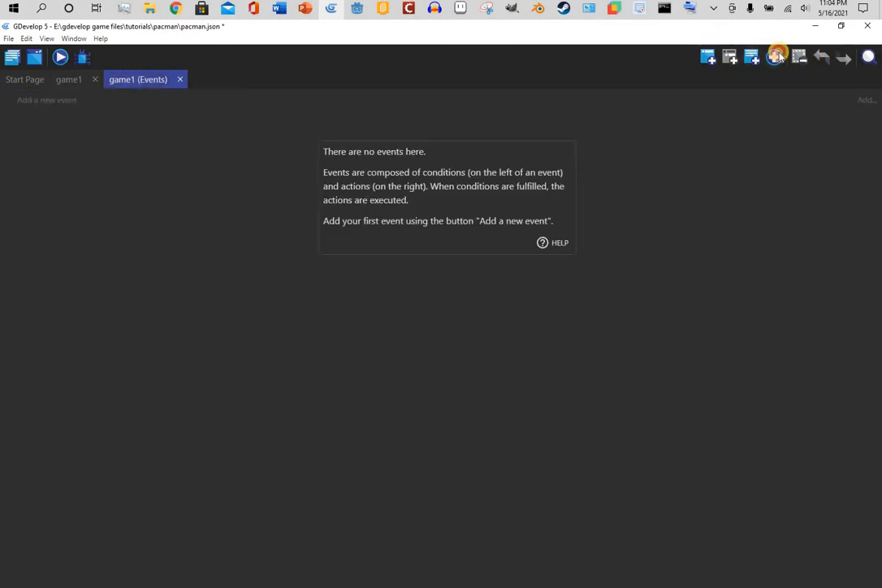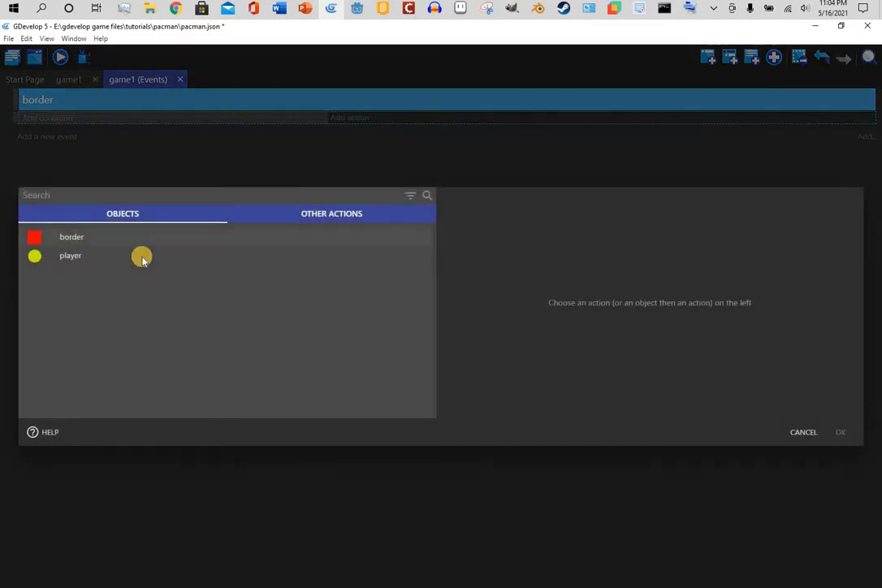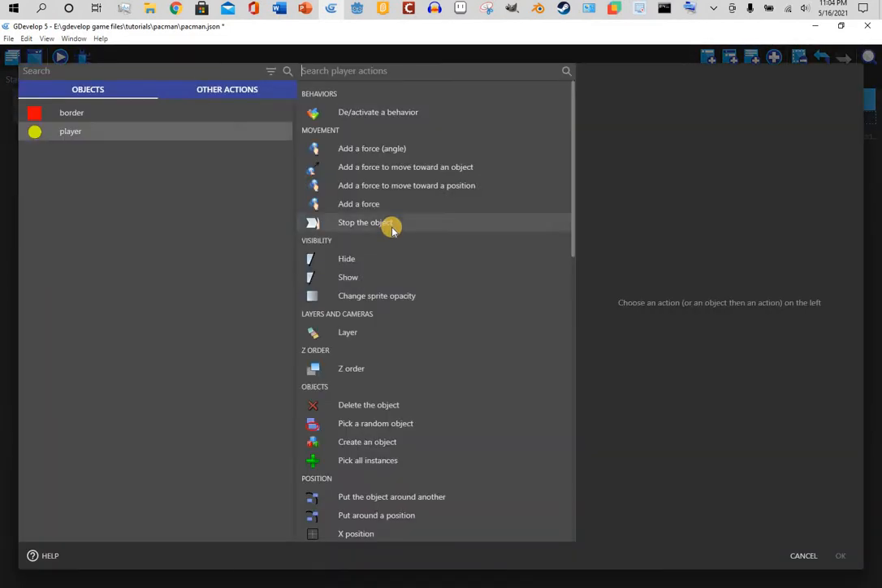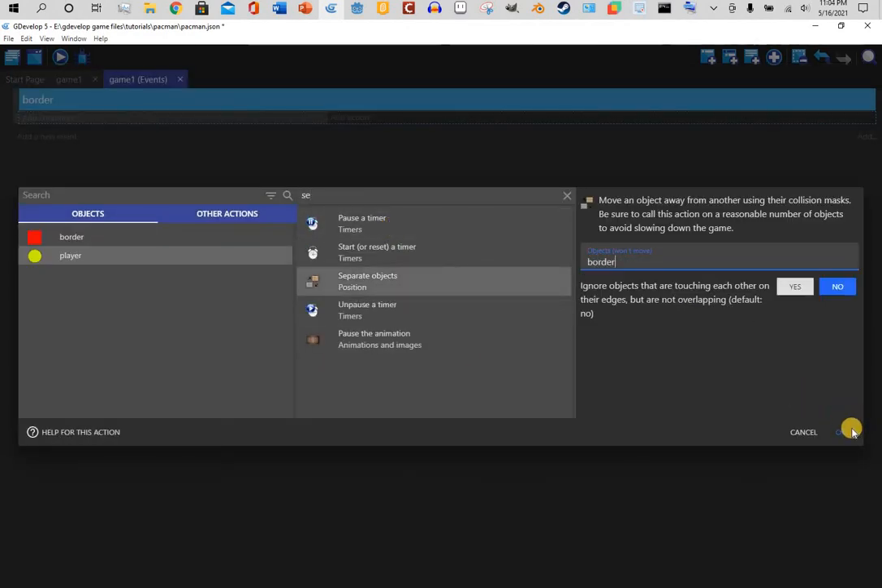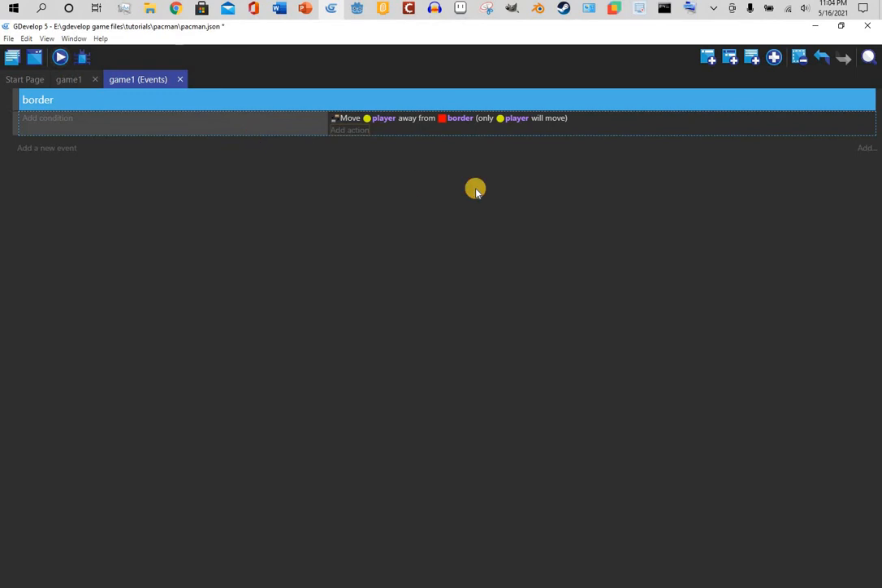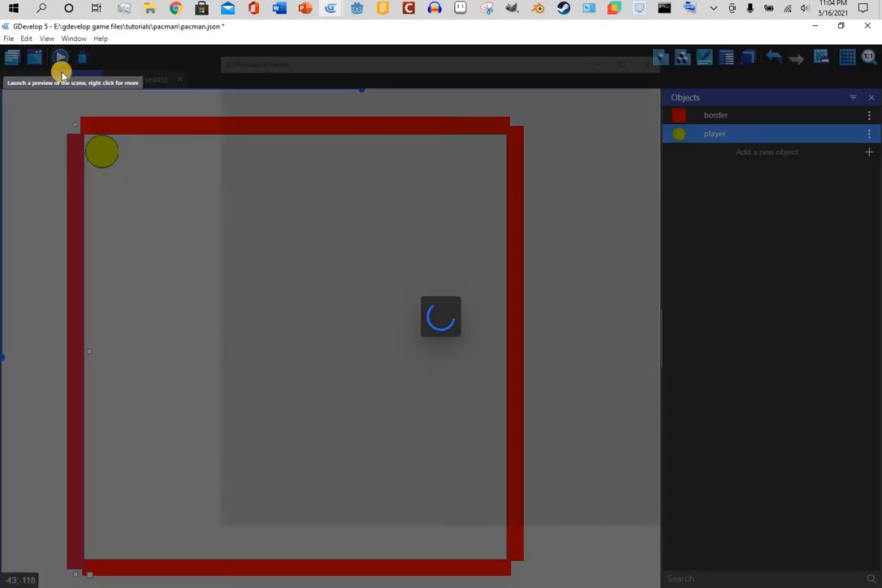Now, new group, I'm going to label this border. Now add action, separate, and we want to separate from the border. Now let's put him in, choose a starting area,